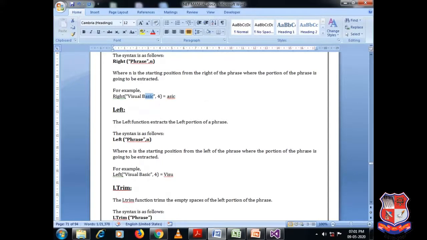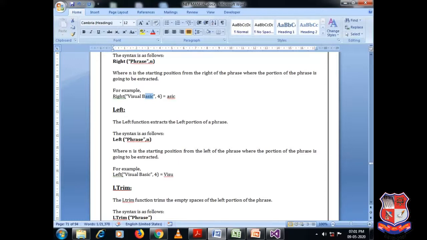Okay. Similarly, the next function is the Left function. The Left function extracts the left portion of a phrase. As we have seen, the Right function extracts the characters from the right hand side. The Left function extracts the specified number of characters from the left hand side.